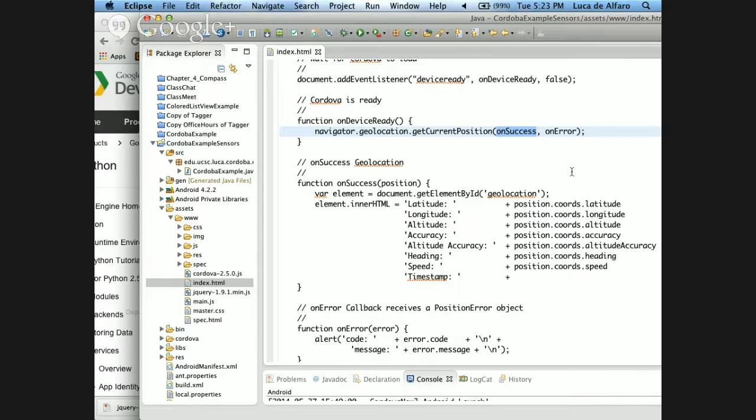This is the typical style of JavaScript coding, by the way. Whenever you do a call that is not instantaneous, you pass as arguments to the call the code to be executed when the call has either succeeded or failed. It's a bit different from Java. In Java, you would wait for things to happen, typically. And so if things are slow, you need to do them in a different thread.